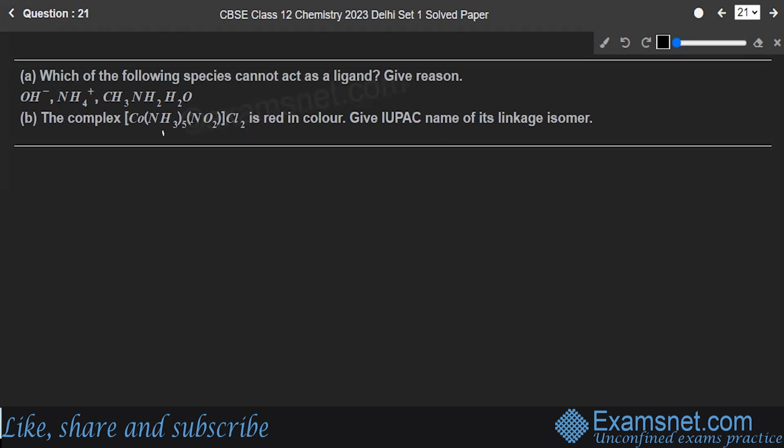Okay, the complex. This is the complex, which is red in color. The question asks for the IUPAC name of its linkage isomer. So the linkage isomer of the given compound is